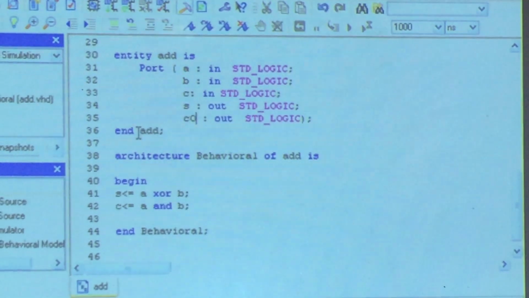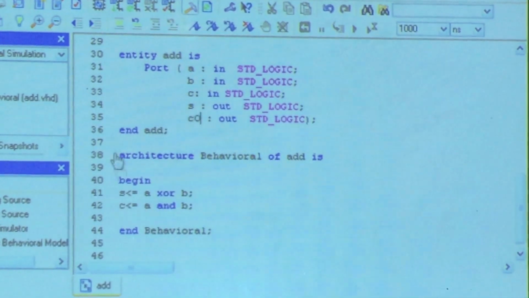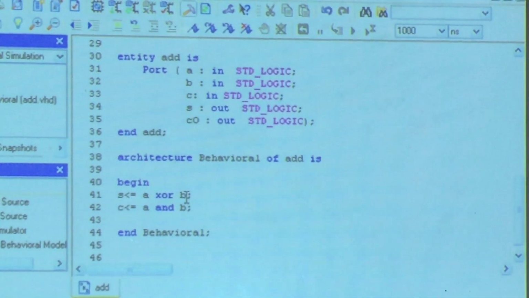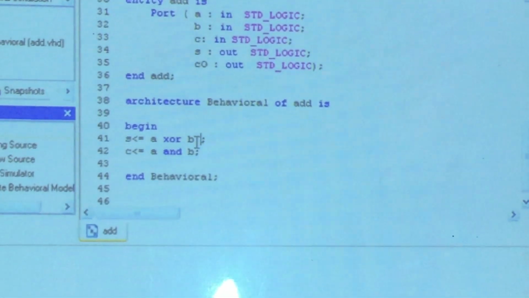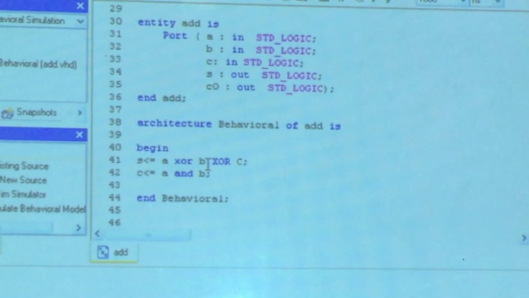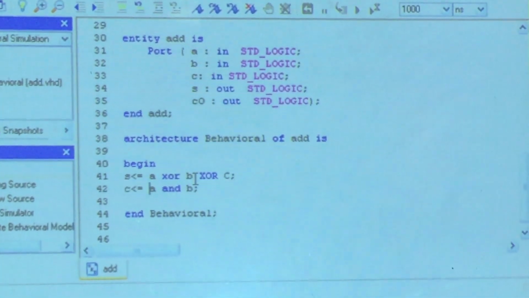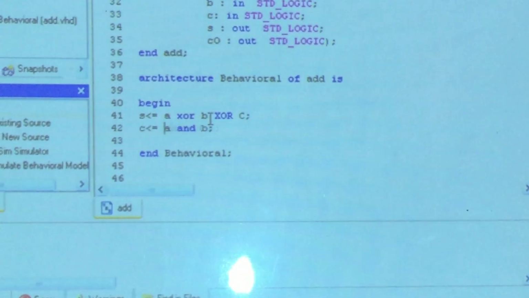So what is the change in the program here? Sum is A XOR B XOR C. Carry is AB plus BC plus CA.